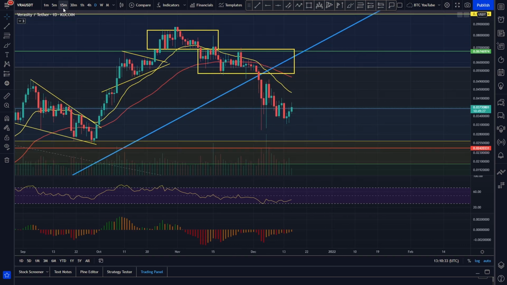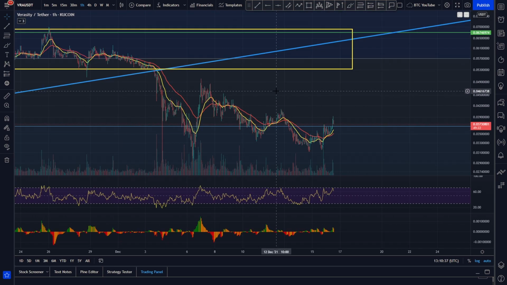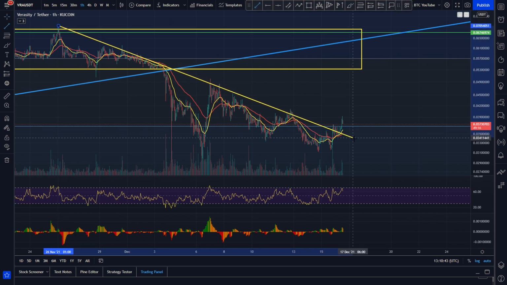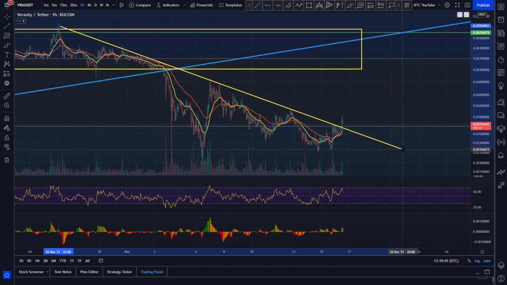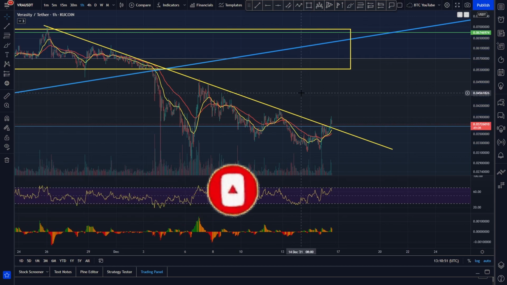We have seen a little bit of a renaissance over the past few days. You can see here on the hourly time frame, it looks as though we have actually broken out of that little downtrend that we were talking about that has been very prevalent this whole time, really. It looks as though potentially here for Verasity, we are actually getting a little bit of a breakout of this resistance that we have been stuck under for a good while here, which is obviously